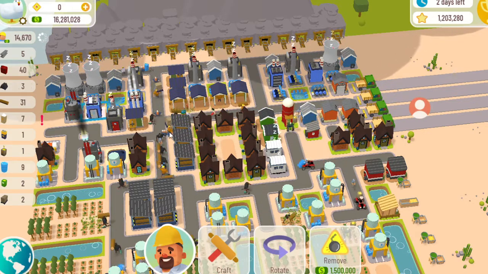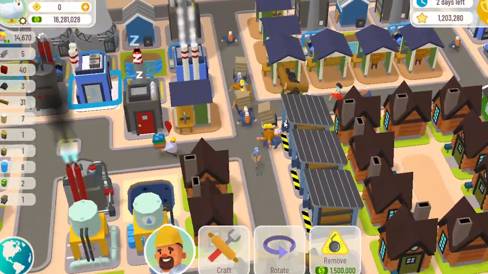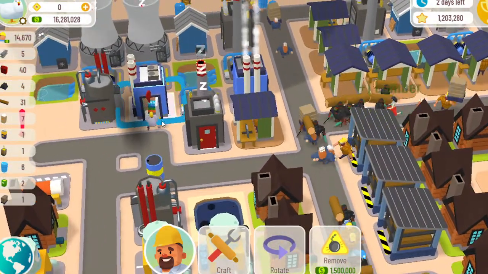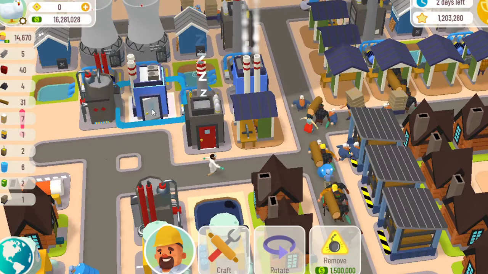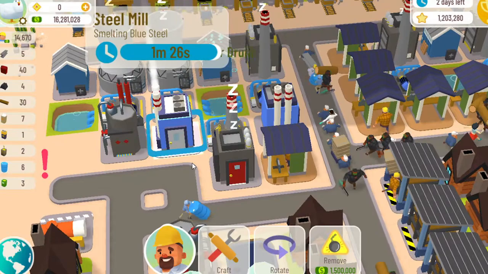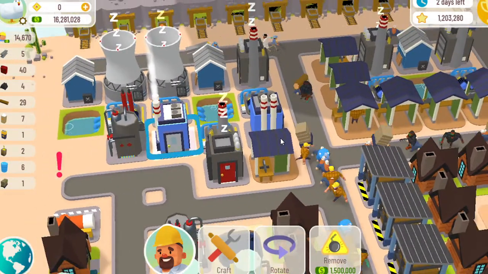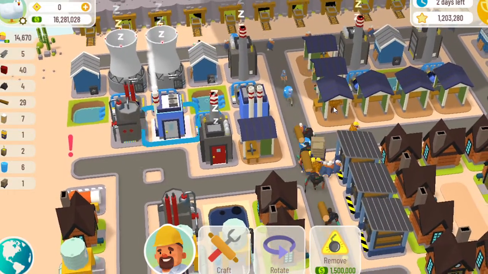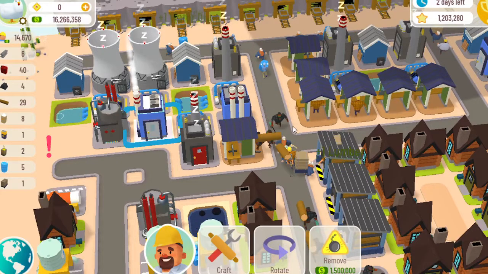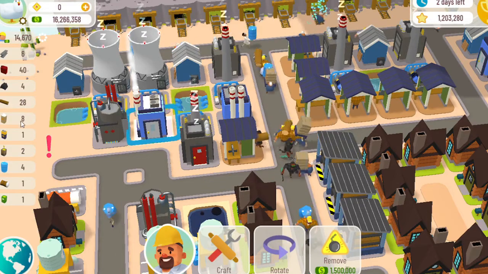And you see here, this little guy has got the uniform and is stepping into his office. So in 1.5 minutes, we're going to have our first piece of blue steel for this build, which is a great thing. If you notice that